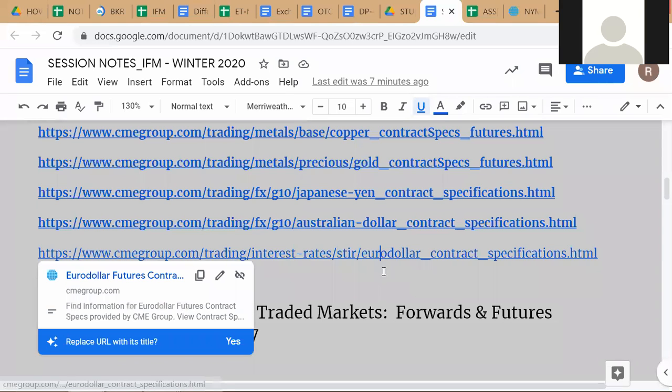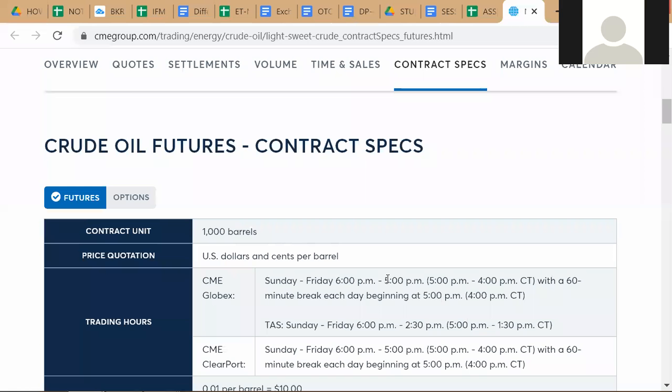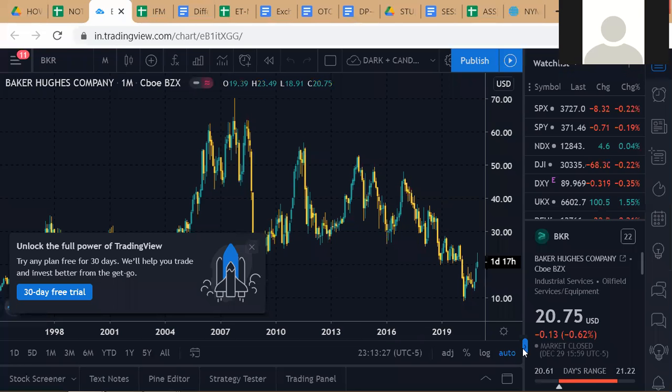Now you might wonder, is this euro-dollar like the currency of the European Union, euro, versus the currency of the United States, the dollar? Is it that dollar? Well, actually, it's not. It's actually an interest rate contract. That's why I told you, if you remember,